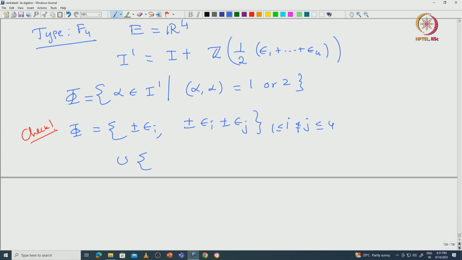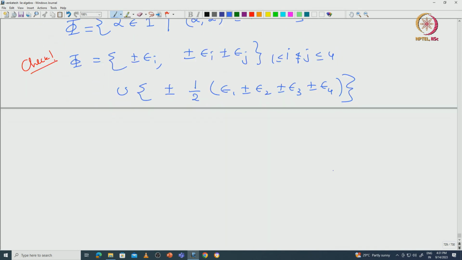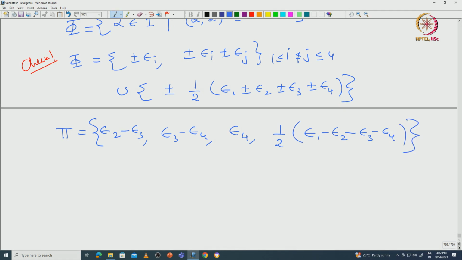Which are just one half times plus or minus epsilon 1 plus or minus epsilon 2 plus or minus epsilon 3 plus or minus epsilon 4. So, this is the root system, and the base will be epsilon 2 minus epsilon 3, epsilon 3 minus epsilon 4, epsilon 4, and one half times epsilon 1 minus epsilon 2 minus epsilon 3 minus epsilon 4. So, this is the base, and now you can easily check that the Coxeter graph, the Dynkin diagram of this, exactly coincides with the Dynkin diagram of F4. Okay. And